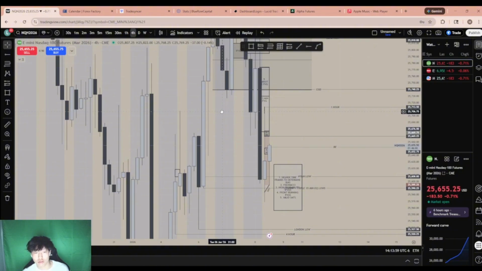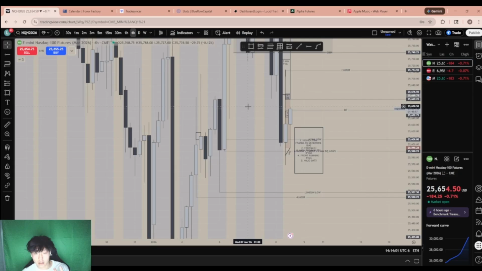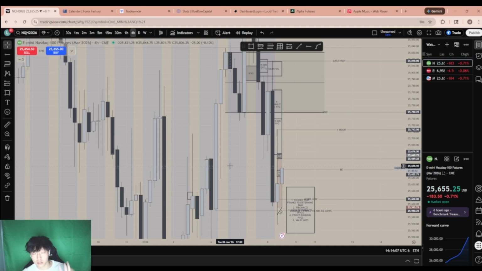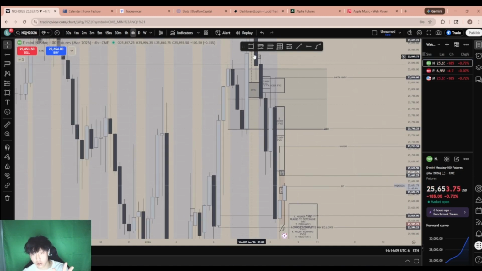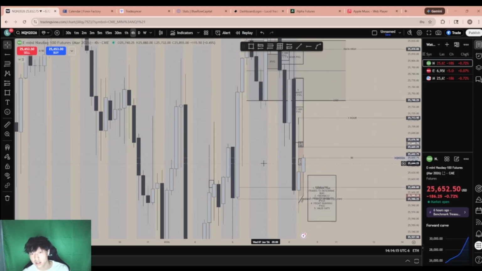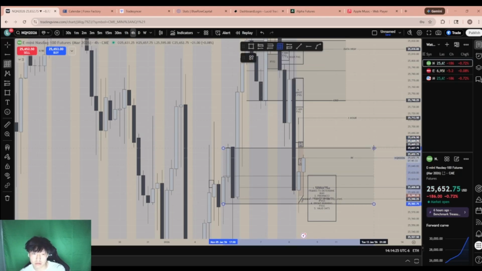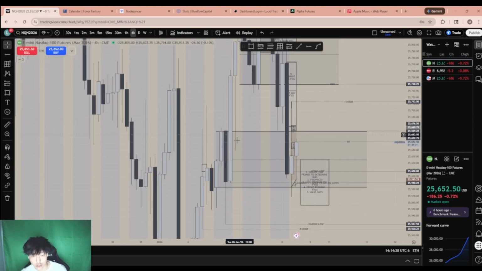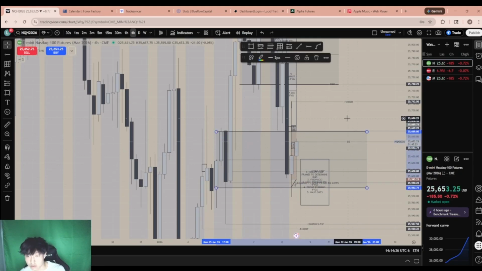So, bro, there's one right here. So we got a low, a high, a lower low, a higher high. It's pretty much like opposite. So this one's going to be a high, low, higher high, lower low. This is going to be a low, high, lower low, higher high, and then it gets tapped into right here. And this would also be an order block too. Right here, boom, order block, and then a breaker block paired. So it was just a super strong draw. And it's still respected right here. So this is why it's super choppy too.